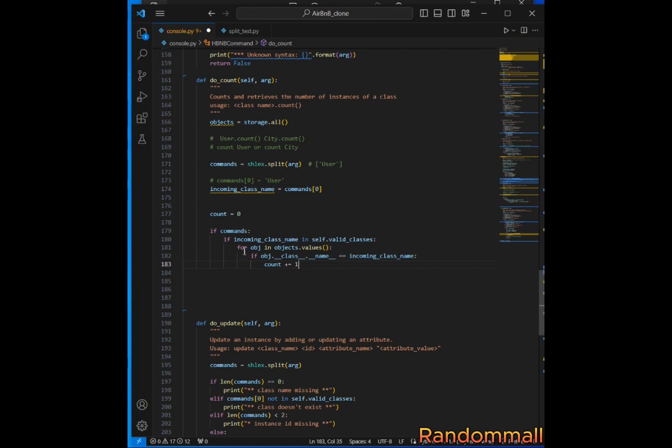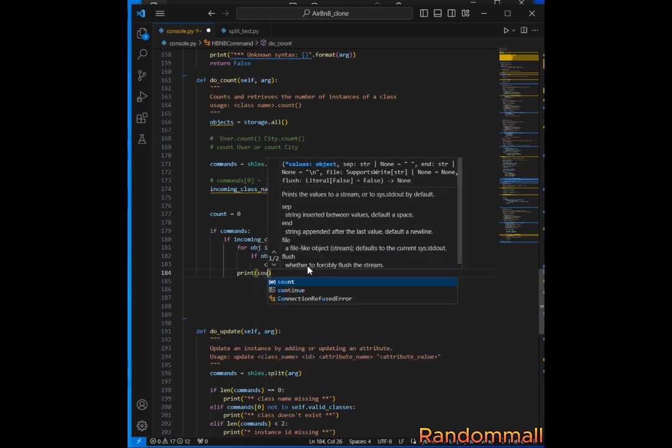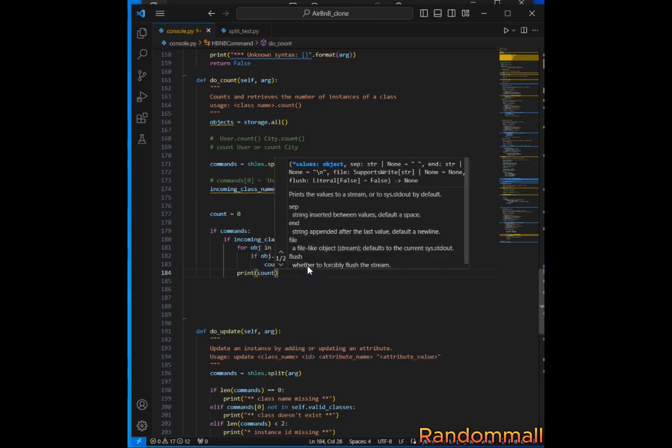So this loop will continue, and once there's a match, count will increase by 1 until it goes through all the instances of a particular object. And then once it's done, that is after the successful count of the class objects, we are going to print the number of occurrences. So we say print count,